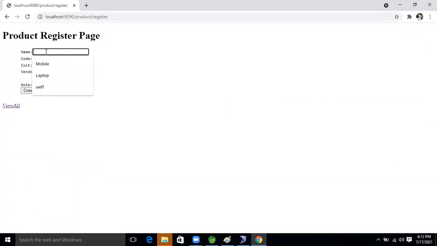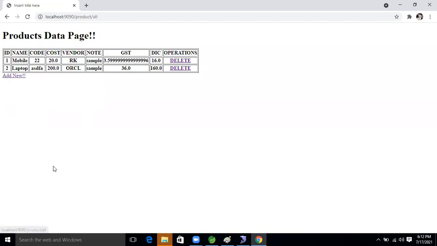Here I'm going to add a mobile with code and cost 20, just RK and sample. Now save it. One record is saved. Another record, one more laptop, with 200 and something, Oracle sample only. Now save it. Two records. Now click on that. I want to delete the laptop.